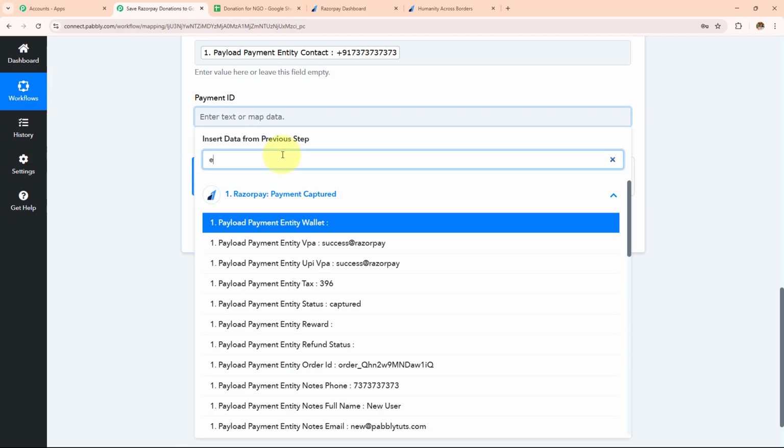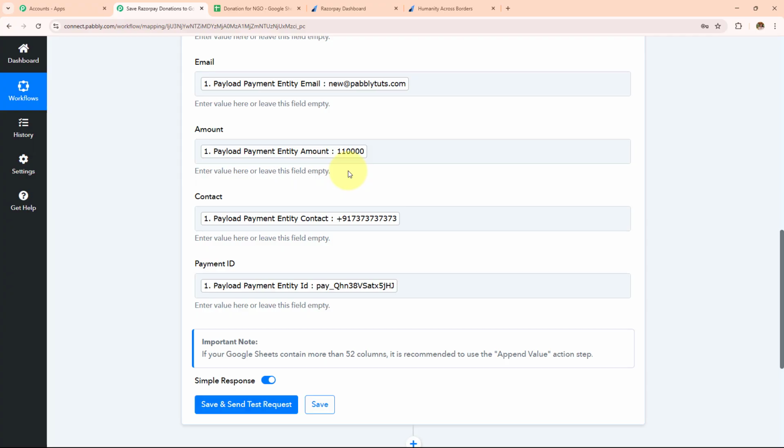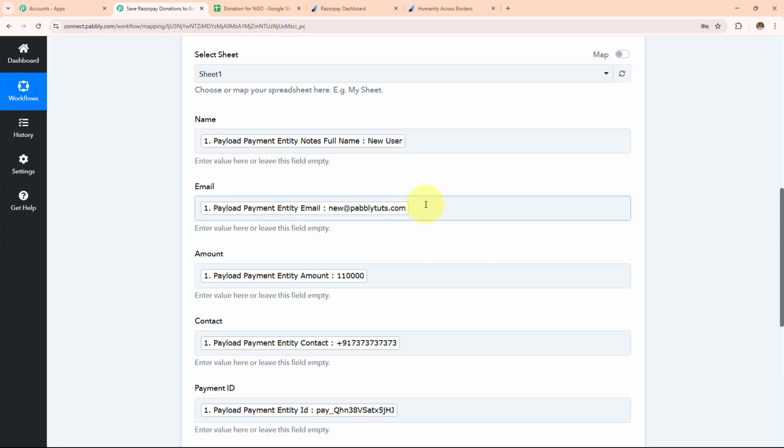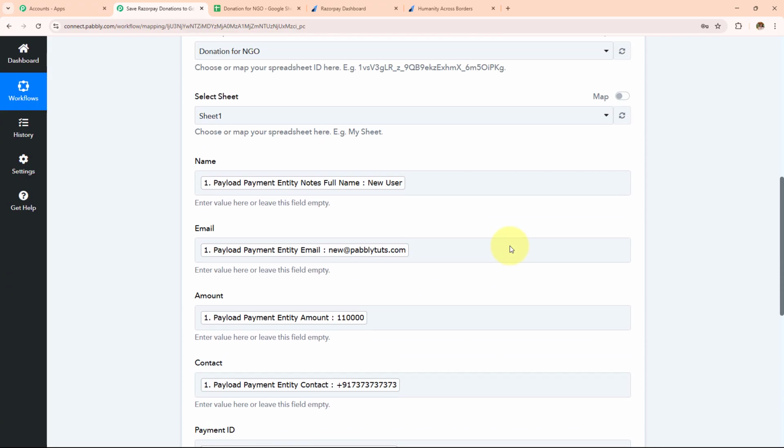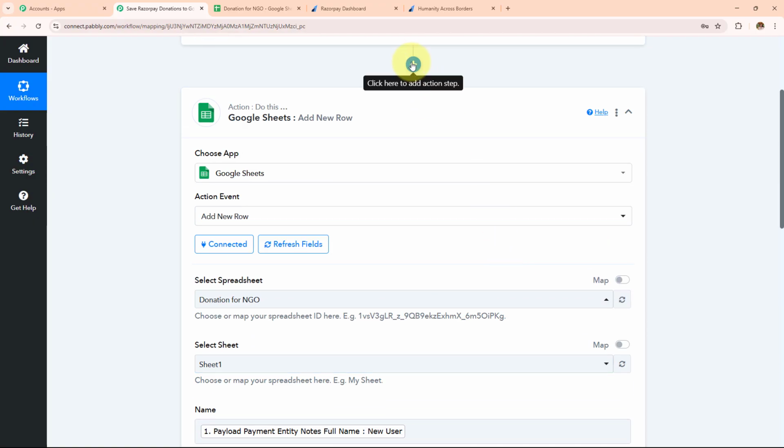Now here I have received the payment entity ID, so I'm going to enter that. You can add more fields and add the details whatever you have received. As this is a test account and a test page, I have received these details, so I have entered that. Now before you click on save and send test request, what you can do,